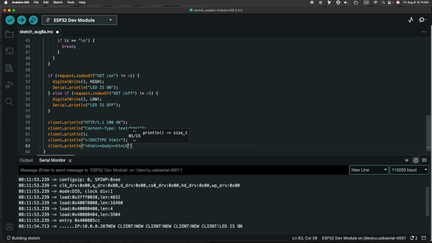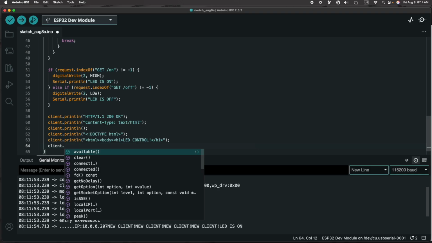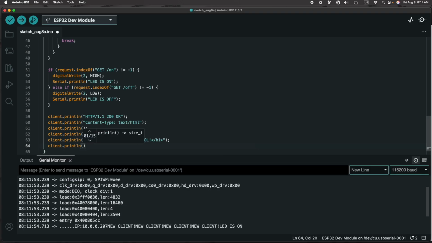And I'm going to say LED control. And then I'm going to close that H1 tag. And then I'm going to do another line, just to keep things neat. And I'm going to have a link. So A is the code for link, then href equals, and here's the weird part. You can't just do /on because that's where you want to go, right? Well,